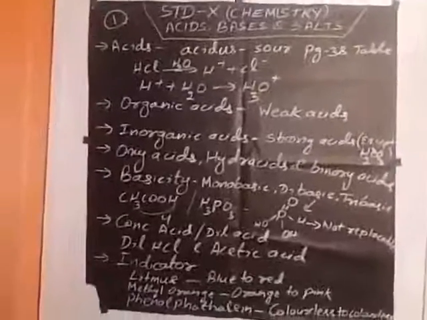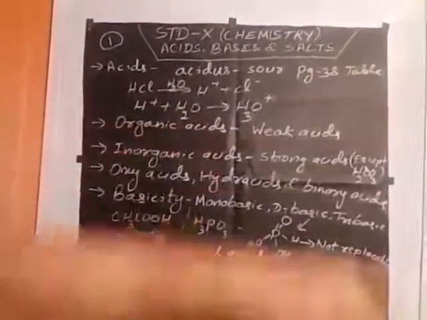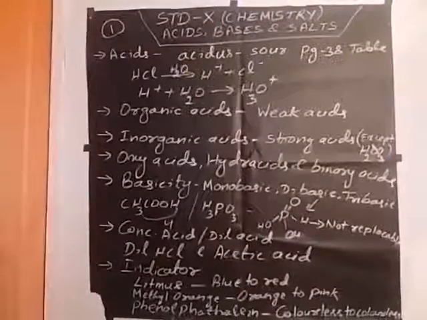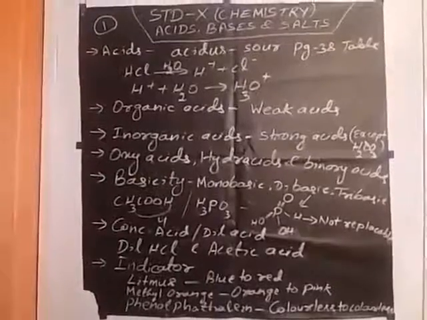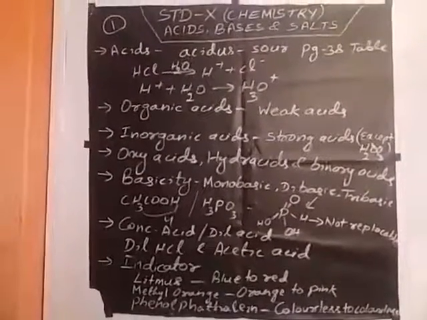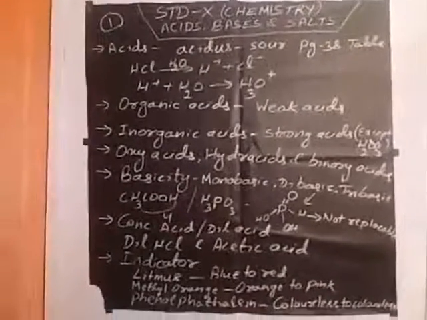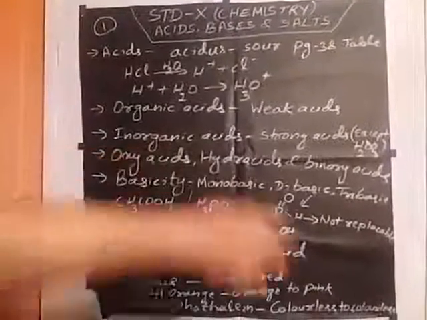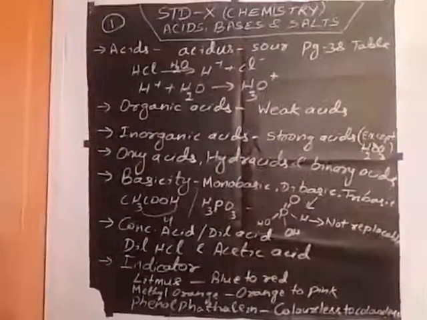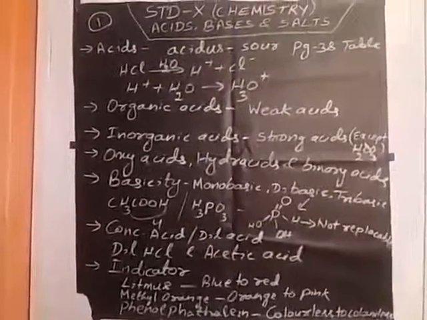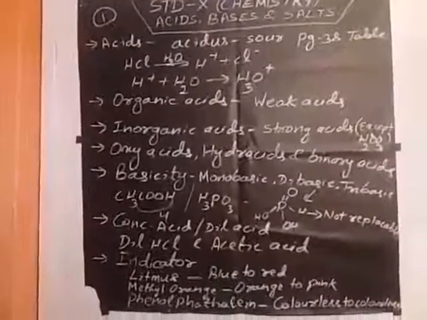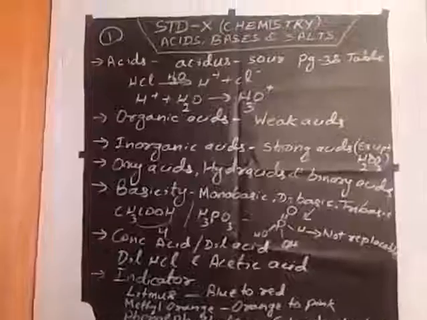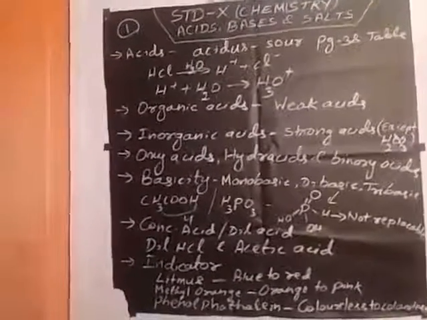Depending upon their sources, acids are of two types: organic acids and inorganic acids. Organic acids are generally weak acids, such as oxalic acid, acetic acid and formic acid. Inorganic acids are usually obtained from minerals, except carbonic acid. Though carbonic acid is an inorganic acid, it is a weak acid because it changes blue litmus to pink. But hydrochloric acid, sulfuric acid and nitric acid are strong acids.